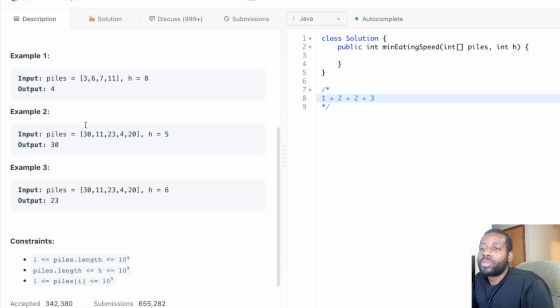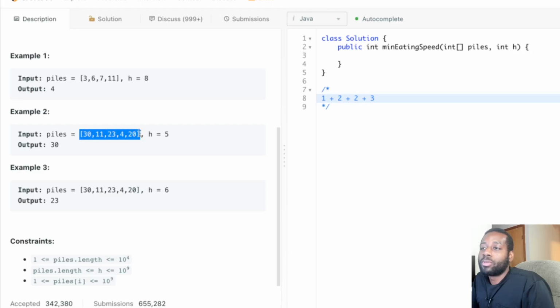Because regardless of anything, we need to spend at least 1 hour in each pile, so we can eat whatever amount of bananas is at that particular pile. So if we only have 5 hours and there's 5 piles to visit, that means we have to spend almost 1 hour at each pile to fit that constraint, right? So once we have those cases, guys, we can easily say, cool, we just eat at the maximum number of